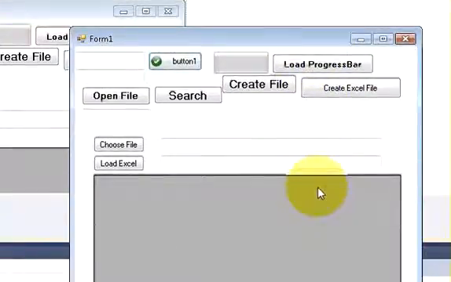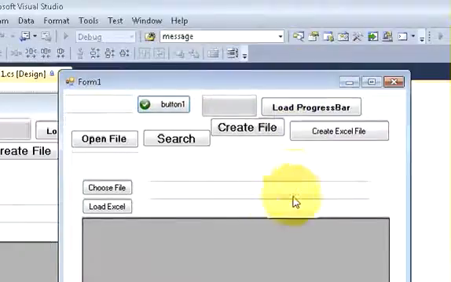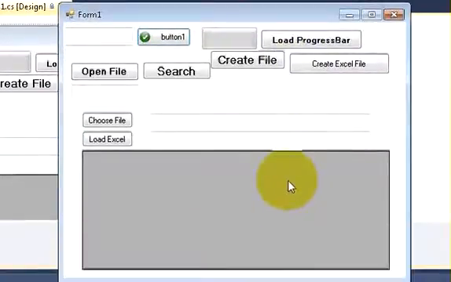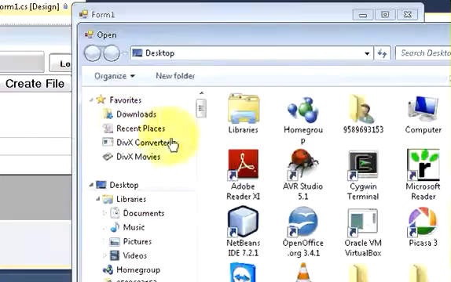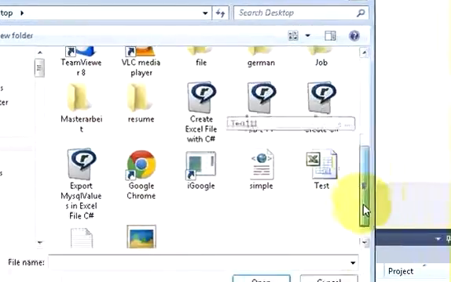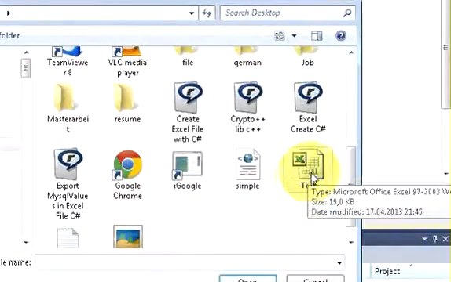In this video I will show you how to import the values from an Excel file and load it into your data grid view. So first of all, let me show you what I'm going to teach you today. I have this button from which I will choose the file. Let me choose some Excel file like this test